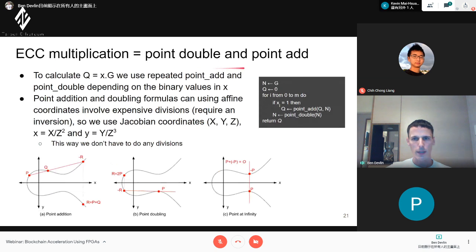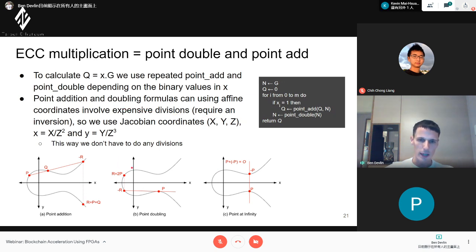And so I talked about point doubling and point adding. And this is an example of the algorithm when we do point multiplication. It's very similar to RSA, where we take the binary form of the scalar and we say, okay, is it 0 or 1? And then depending on the value of that binary bit, we either do a point add and a double or just a point double. And then we loop through every bit in our integer. So for example, when we're doing our Secp256k1 curve, which is 256 bits, this is a loop of 256 iterations.